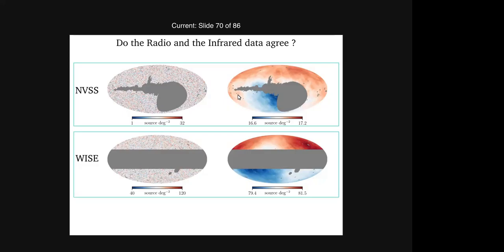Well, the directions are not exactly aligned, but they are not very far from each other. Now, what is interesting about these two catalogs is that they agree. Basically, they both show a very high amplitude. The directions are about 20 to 40 degrees from the CMB dipole. But when you remove the kinematic dipole from both of them, the agreement between both the amplitude and the direction increases. And that basically means that there is a component of the dipole that could be fundamental. Because when you remove the kinematic dipole, the remaining dipole between the two agree even more.